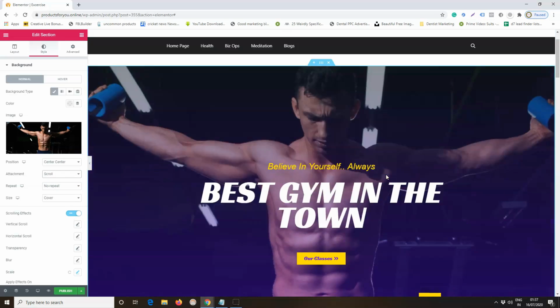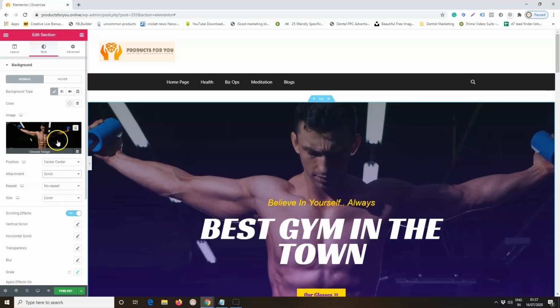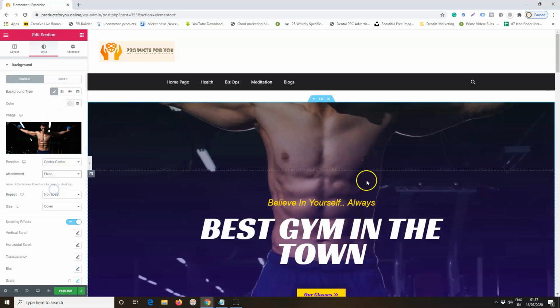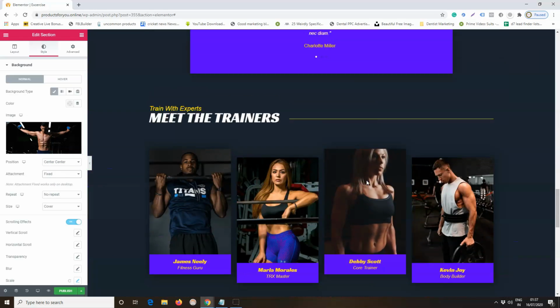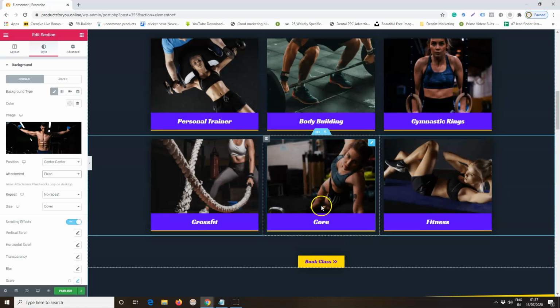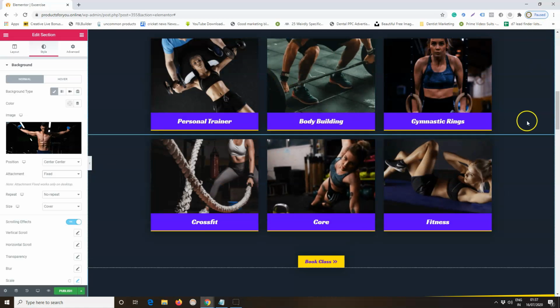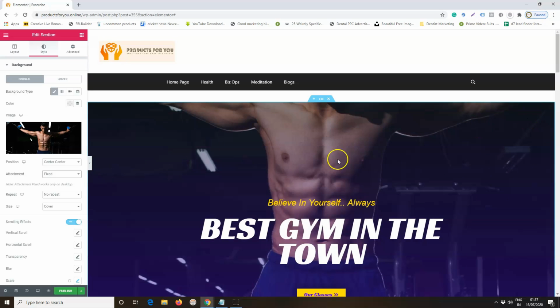So we miss that dramatic action. So I like to keep it fixed, and now it will be like this. Okay. Another thing is that you can modify this page to look differently on mobile and tab.